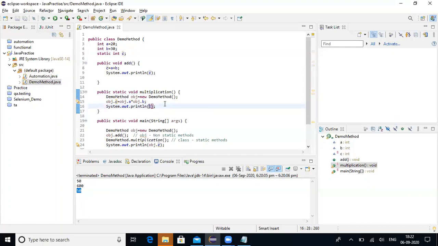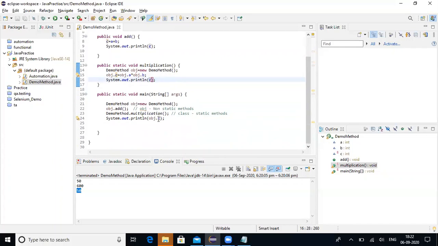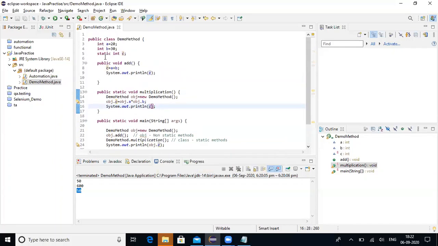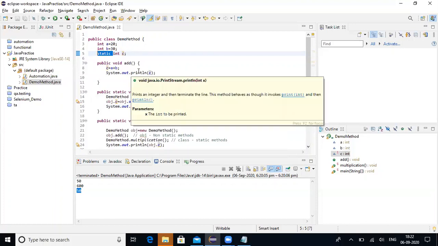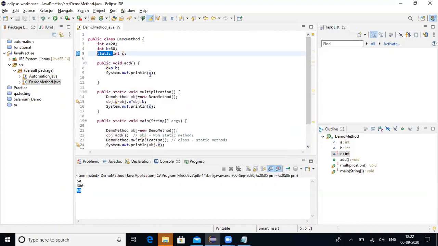In the previous section, what is happening here? I'm using a non-static member variable. Previously, it doesn't have any static keyword. So the value updated for the non-static variable is 50. So the 50 has been stored. But whatever the value that has been assigned under static has not been stored. That is the disadvantage of non-static. If it is static, whatever the latest value is getting assigned, the same will be printed over here.